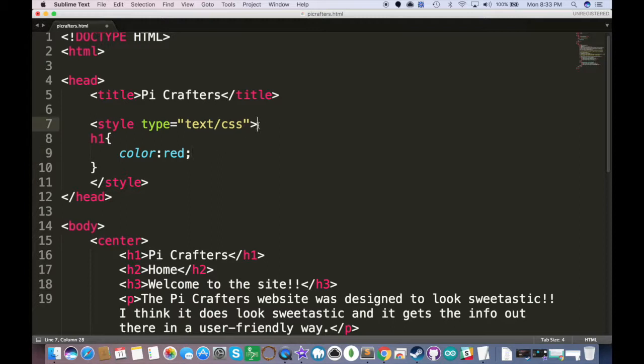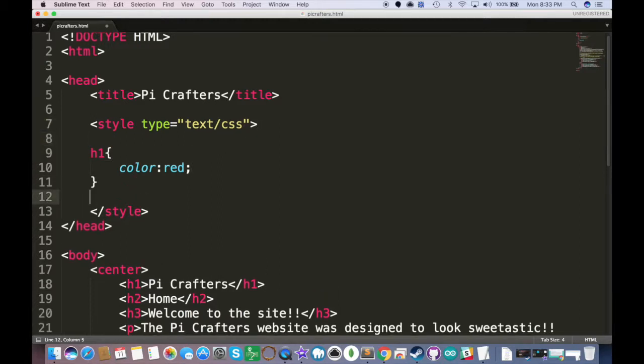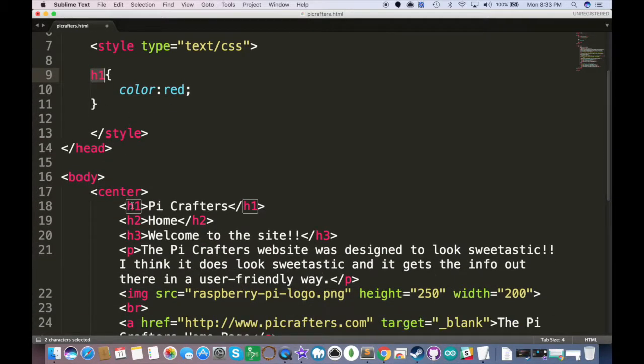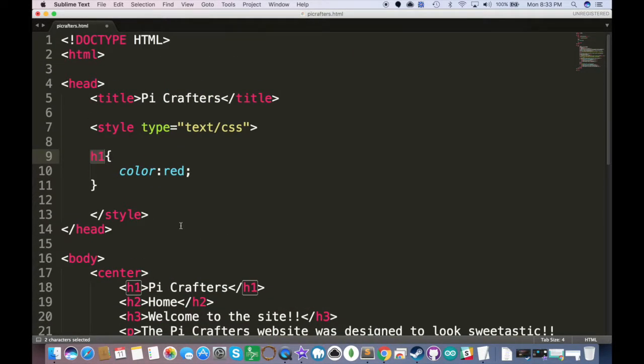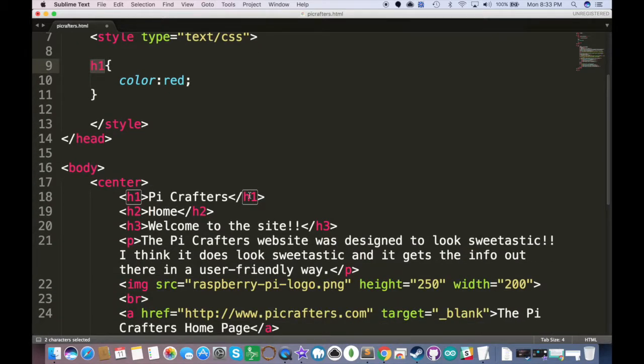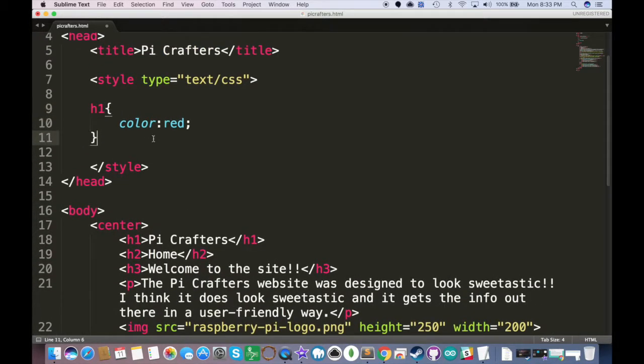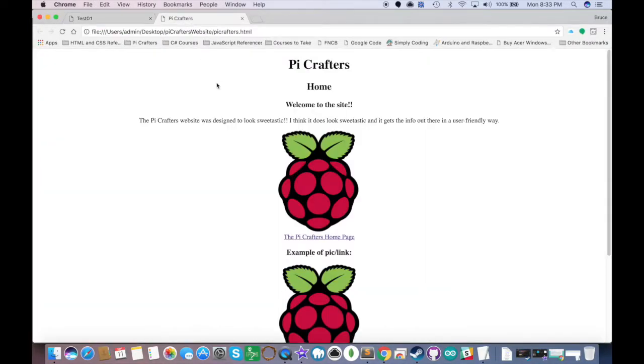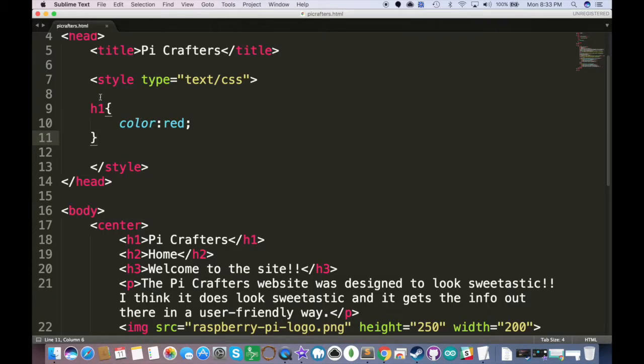So what is a selector? Essentially, this entire section right here is a selector. This selector is selecting all of our H1s, and you see when I highlight that, it highlights all of our H1s. I don't see any others, so this must be the only H1 on the page. So this one's only going to affect that one. If I save and open up my web page here, you can see, there we go. PyCrafters is now in red. So this is a selector, and since we're targeting our H1s,